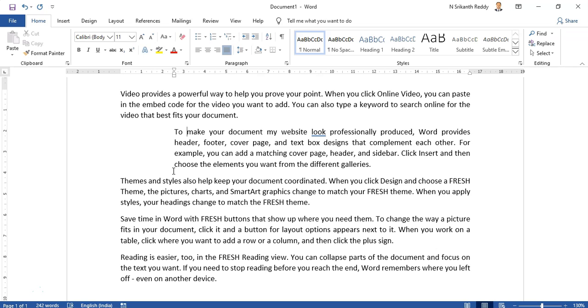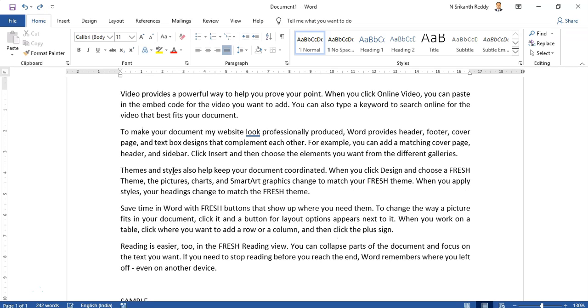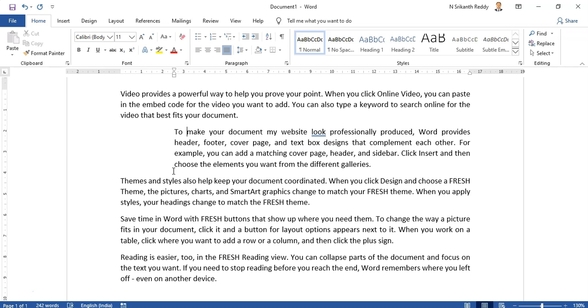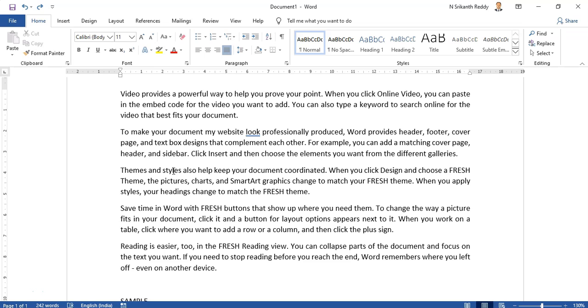If you go on pressing Control M, it will give more and more indent. Control Z, undo. Hope you have understood what Control M does. It puts an indent on the paragraph.